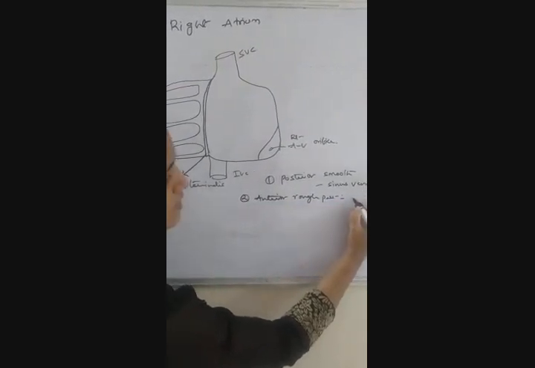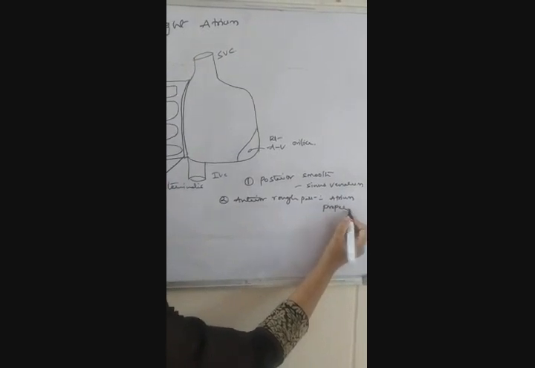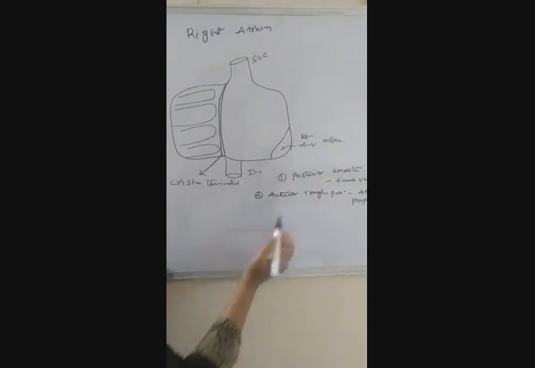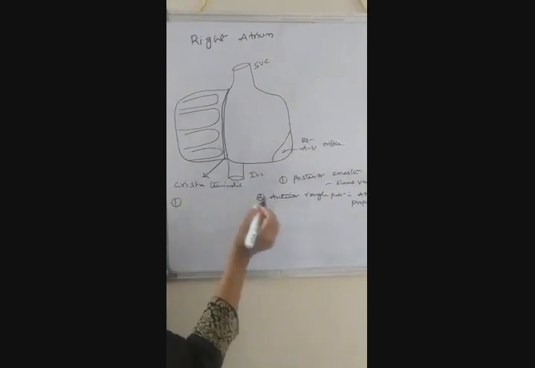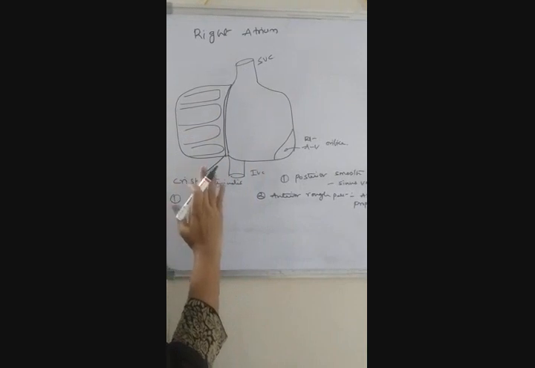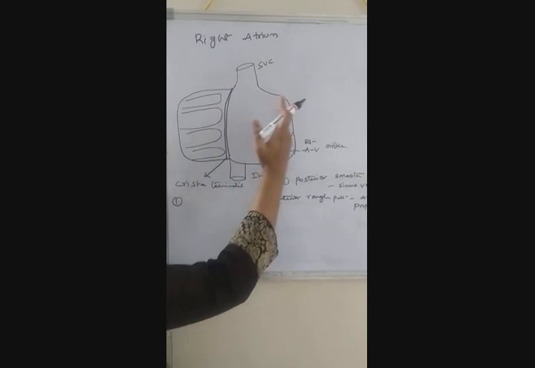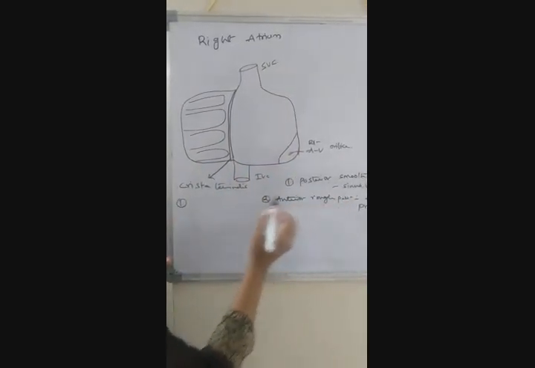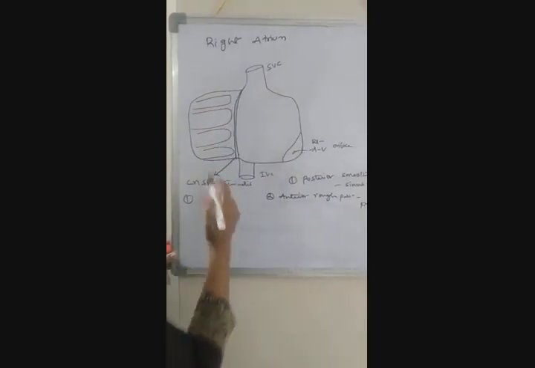It is called as atrium proper. Okay. First we will discuss about the posterior smooth part, that is the sinus venarum. This posterior smooth part, the sinus venarum, includes, as I already told you, this right atrium is a quadrilateral chamber. So it has the posterior wall, anterior wall, right wall and the septal wall towards the interatrial septum. So this posterior smooth part occupies the whole of the posterior wall and part of the right wall.